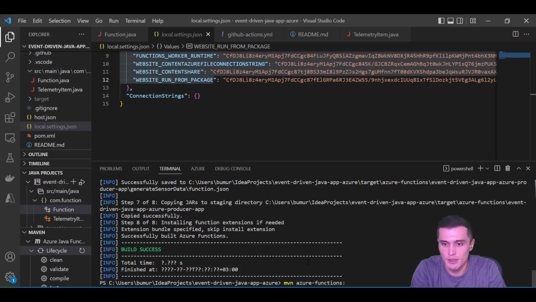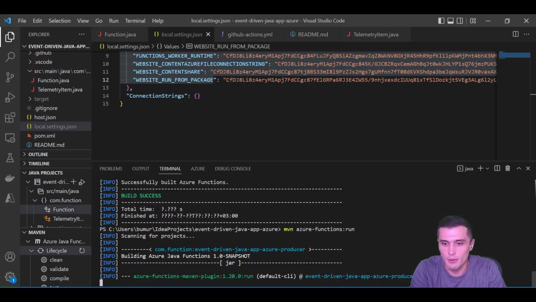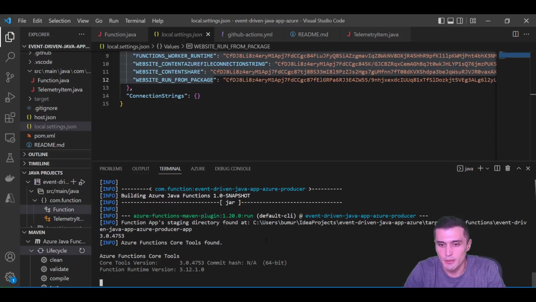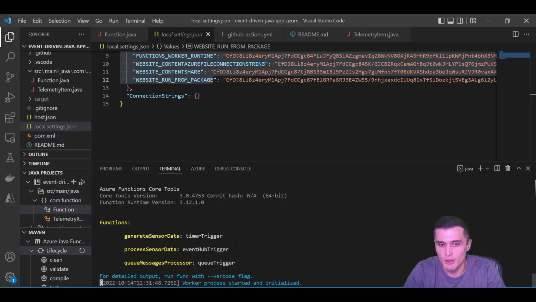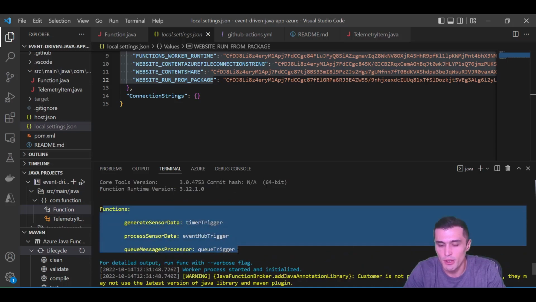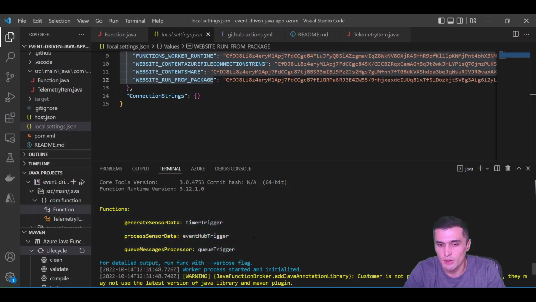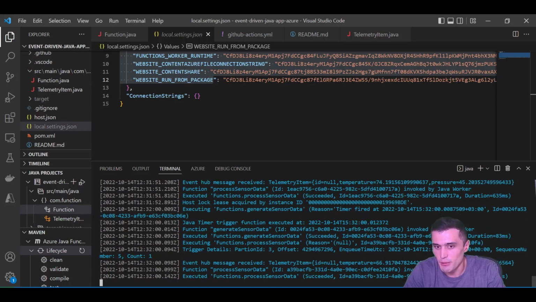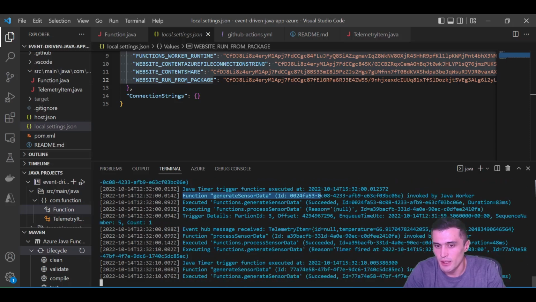To do that, you could just run the Maven Azure functions run command, and it will run now the functions locally. It takes some time while it builds and runs three functions. As you can see, these three functions up and running, like a sensor generator, processor, and queue. And we can see some upcoming messages like Java time trigger start to work, and then after event comes, generate sensor data, send event,